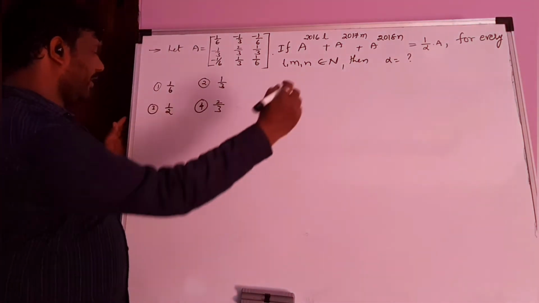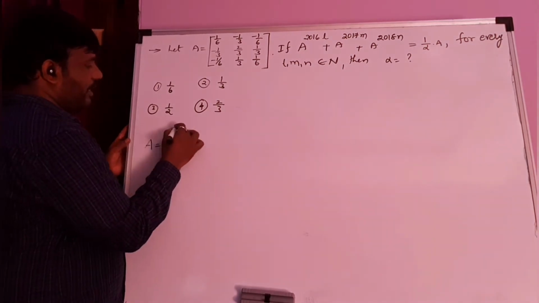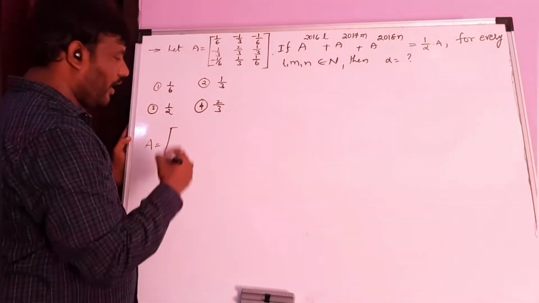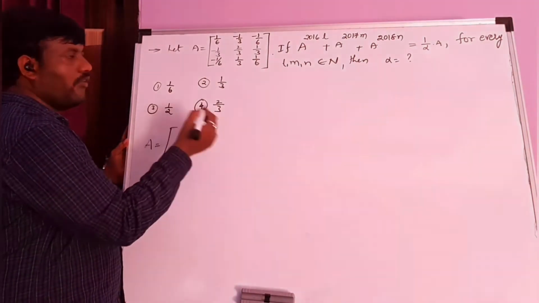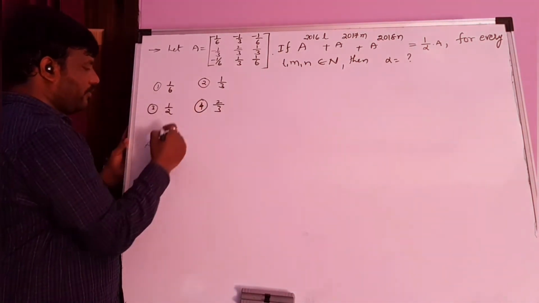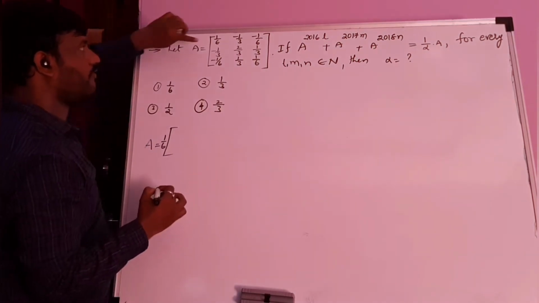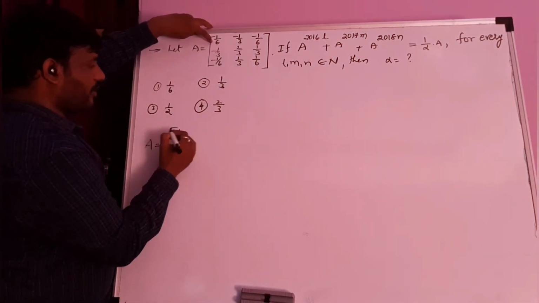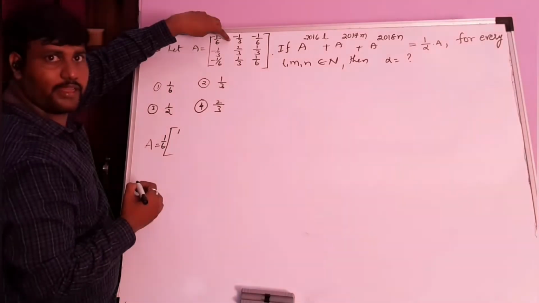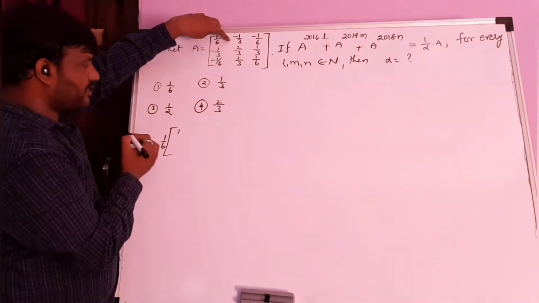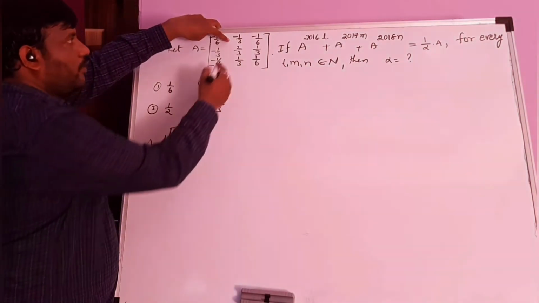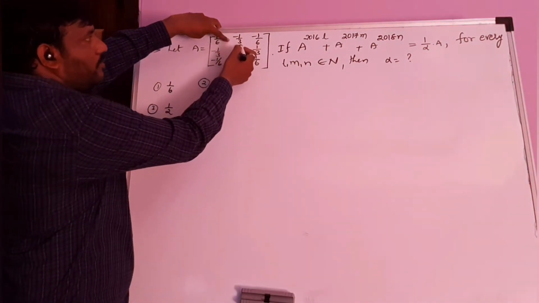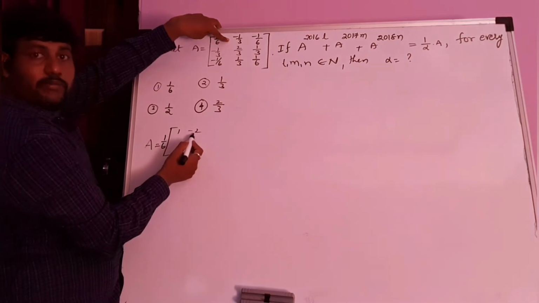Simply, what I do in finding here is, first of all, A is given in the form of fractions. When I change it into an integer part, it will go easily, right? Because of that, I take 1 by 6 as common from this. So here 1 by 6 is common, I get 1. Here 1 by 6 is not there, but I am taking minus 1 by 6 outside, minus 2 I get, because multiplied with 2, to make it 2 by 6, 1 by 6 outside, you get minus 2.